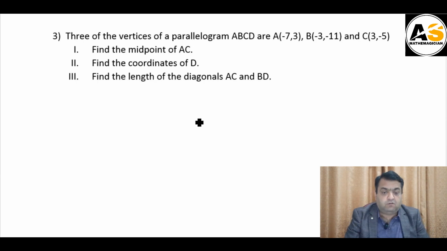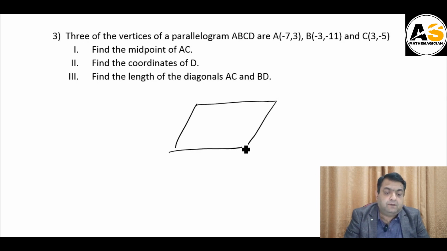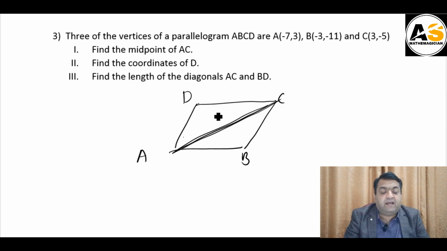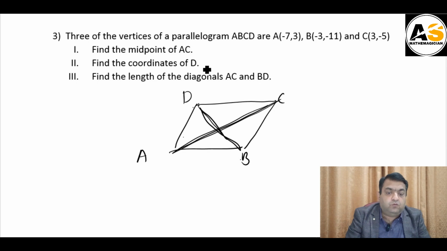Here I will solve only its third part: length of diagonal AC and BD. So this is basically ABCD, a parallelogram. The length of the diagonal AC is basically the distance between the two points A and C, and the length of diagonal BD is basically the distance between B and D. So you will solve this part to find the coordinate of D, and hence you can find the diagonal BD. Here I only know the coordinates of A and C,